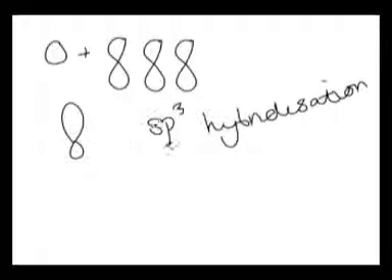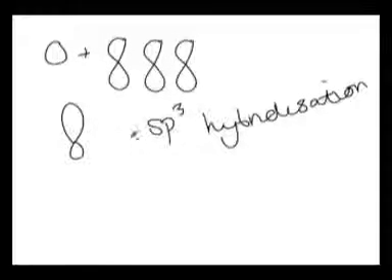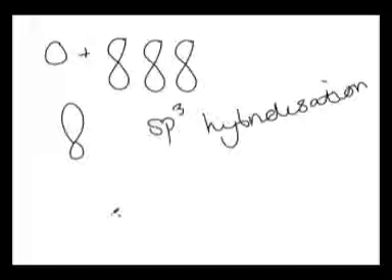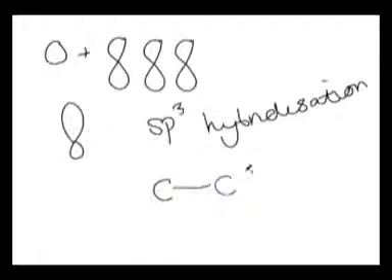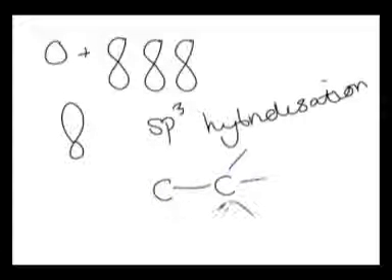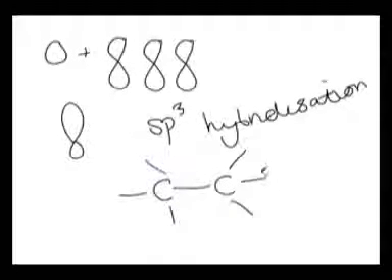So this type of hybridization only happens when there are only sigma bonds, so when there are only single bonds. For instance, in ethane, there's one single bond there, and 3 on either side. So all of these bonds would be sp3